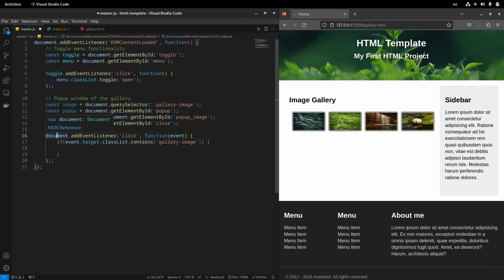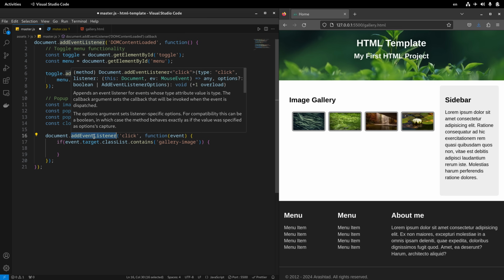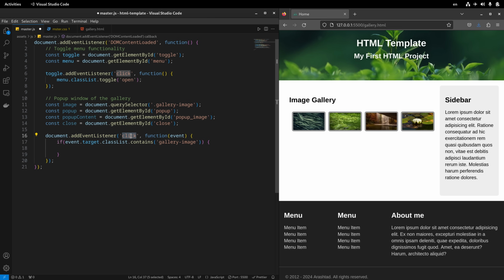So the document will listen for any type of click, and if the click is happening, it will get the event function that has been done, the event target that has been clicked on, and if that event target has a class gallery image, it means that the clicked item is one of these images because only we have this class for these 4 gallery items. So if that's the case,